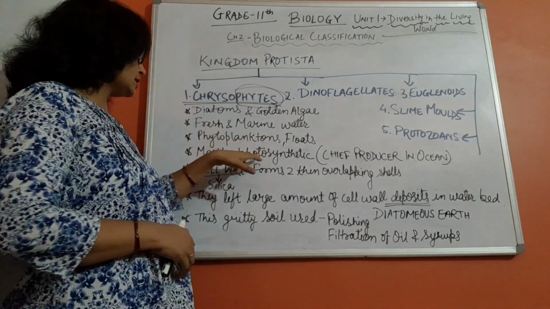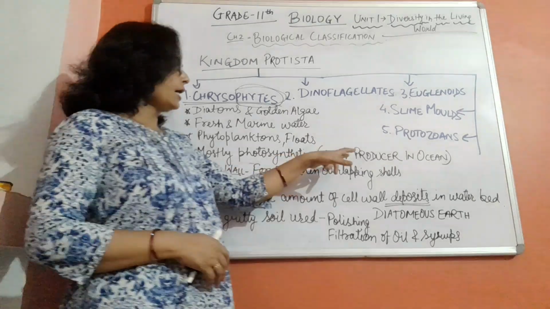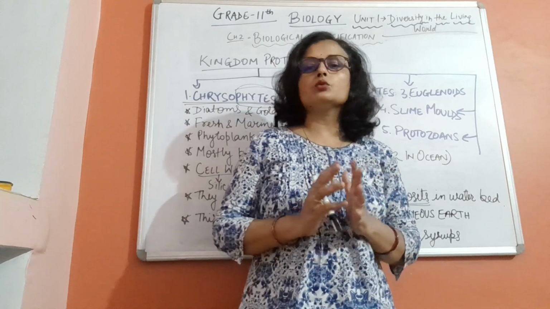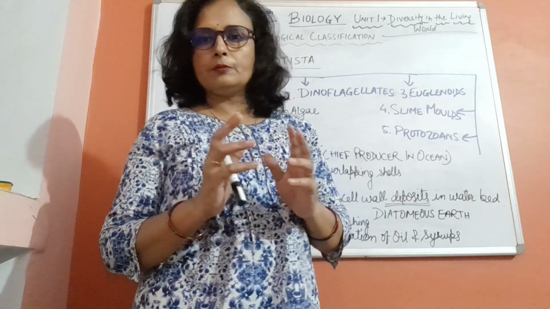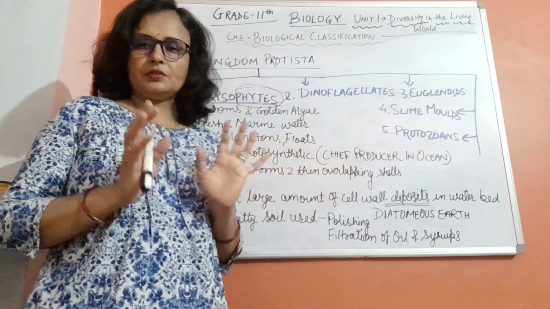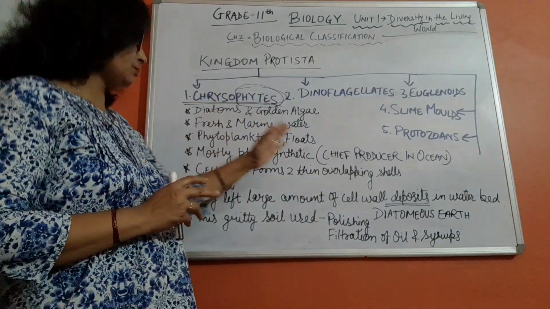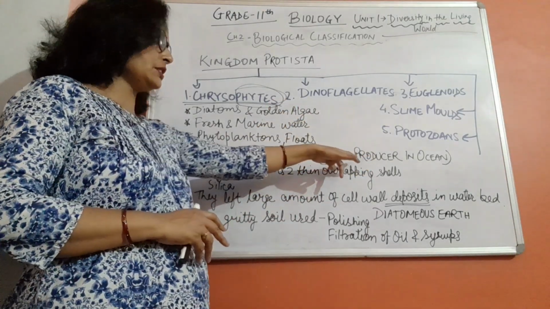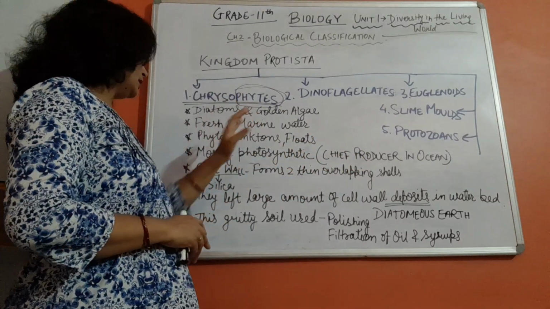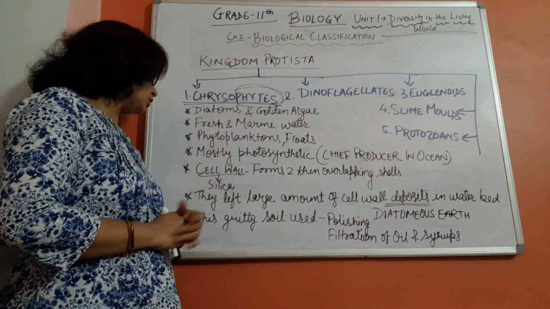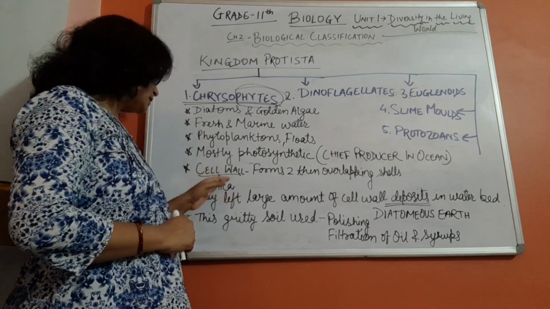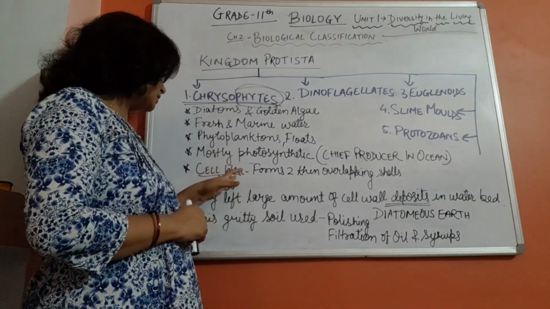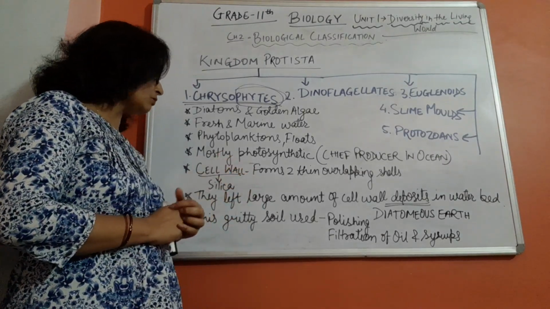So phytoplanktons are mostly photosynthetic and known as the chief producer in the ocean. In the ocean, these are the organisms which are responsible for photosynthesis and preparation of their food. Producer, okay, which can prepare their own food inside their body. These are mainly chrysophytes. Then if we talk about the cell wall, silica is embedded in the cell wall,